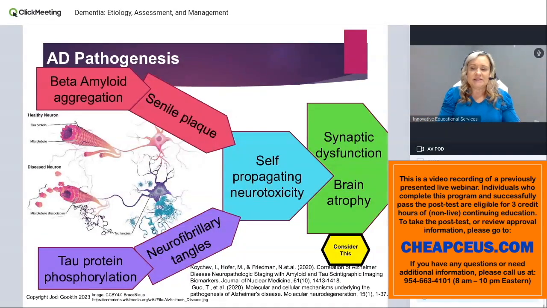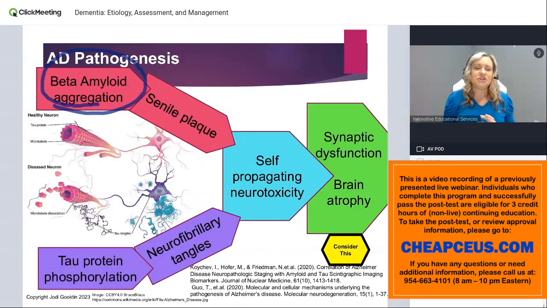As we look at the pathogenesis of Alzheimer's disease, they don't fully understand all of the contributors, all of the genetic, environmental, and lifestyle factors that kind of trigger those genes to start this deterioration process. But what they have recognized is what actually happens in the brain of the individual who has Alzheimer's disease. And what's recognized is what we call beta amyloid aggregation. And beta amyloid,